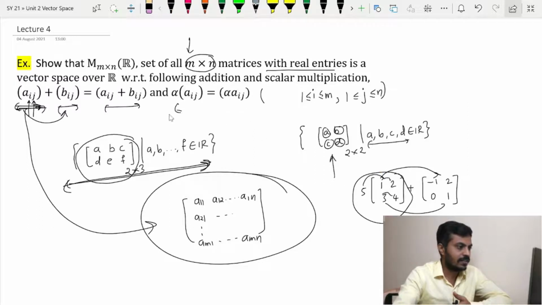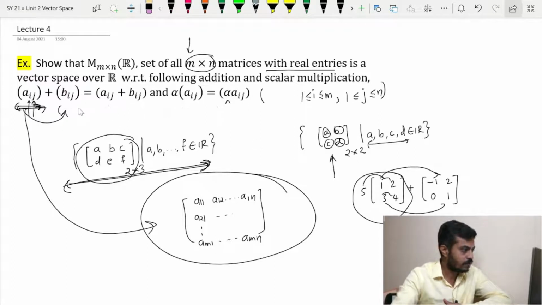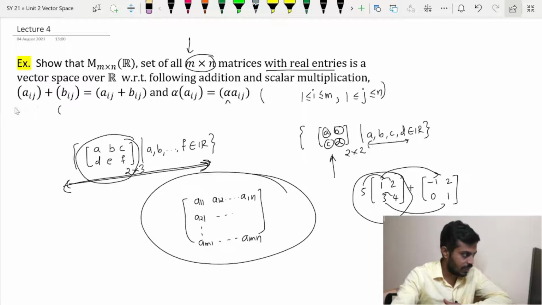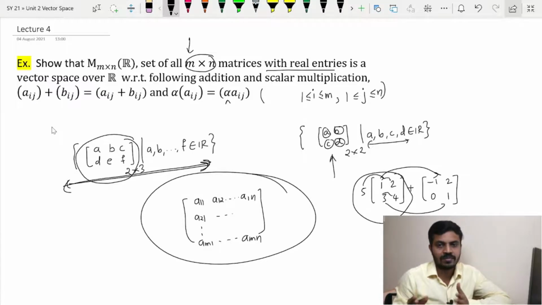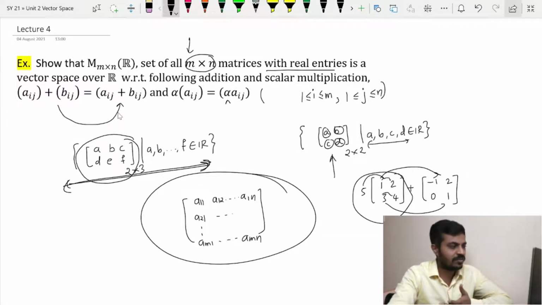So that is exactly written here. This is your scalar alpha. This is a matrix, and so therefore this is equal to what? The scalar has been multiplied to each and every element of the matrix. Now take note that whatever definitions of addition and scalar multiplication are there, they can be used in both ways, as we have seen in the last example. Sometimes we may use it in this direction, sometimes in the reverse way as well.